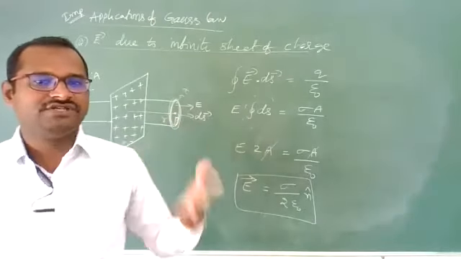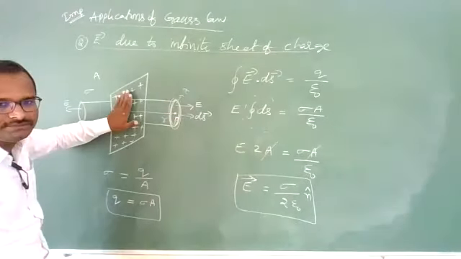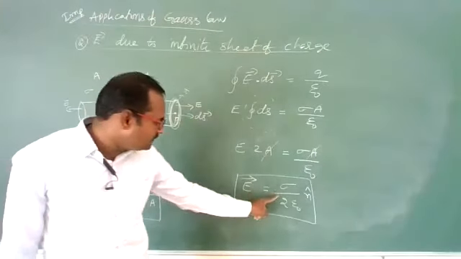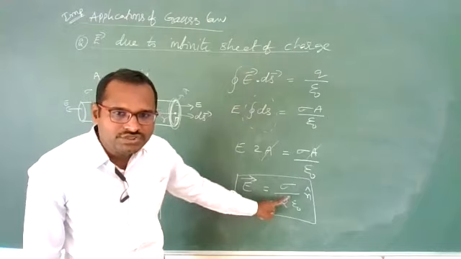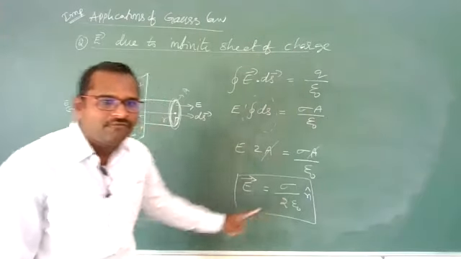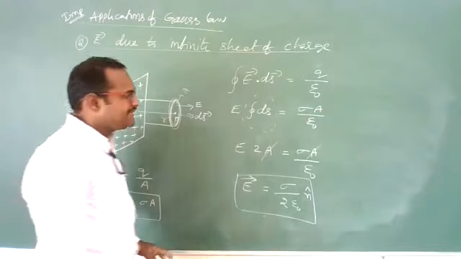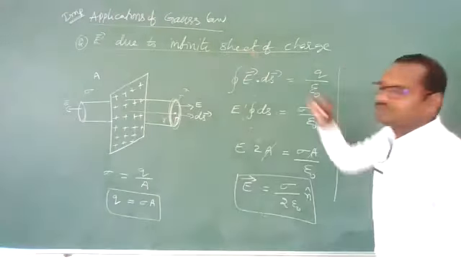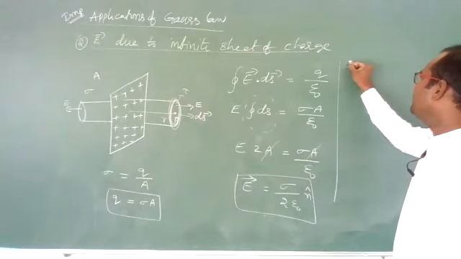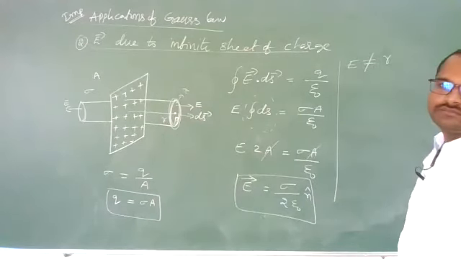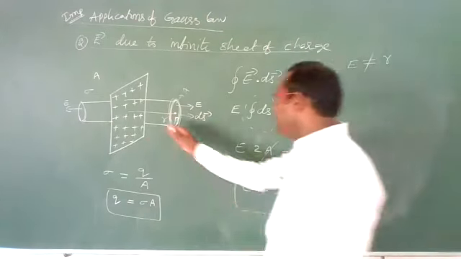Sigma is surface charge density of the sheet. Now in this expression for electric field, there is no value of r, means distance. That means electric field due to infinite sheet does not depend upon r. You need to remember this. Wherever you take, here